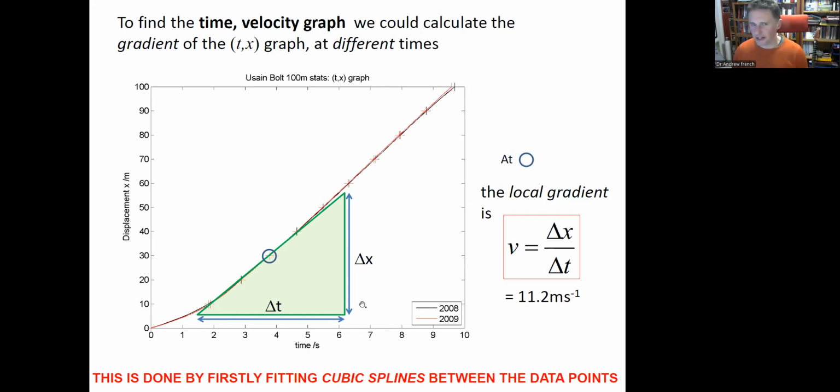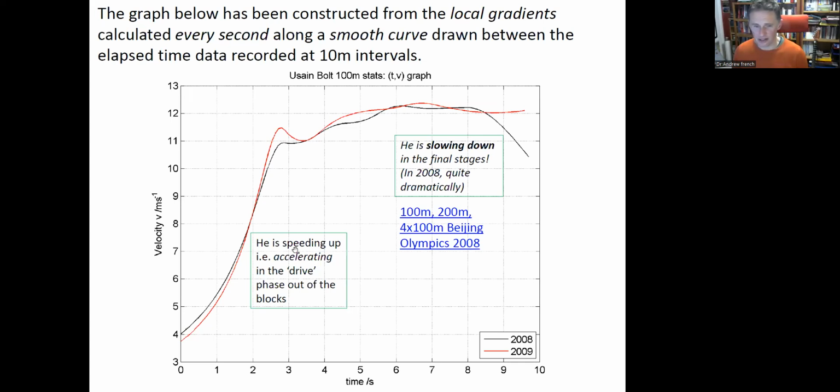So project number 1 might be to take data like this and see if you can make a smooth curve between those points. Now, once you've got a cubic between continuous points, we can differentiate cubics, make quadratics, and that allows us to find velocity from our displacement versus time. So basically, I can find the tangent at every point along this curve, and I can plot this. So I can go from this data to a graph of velocity versus time.